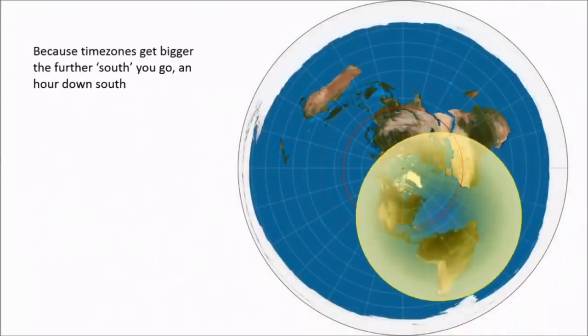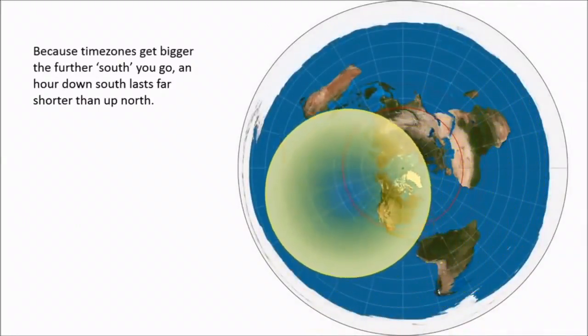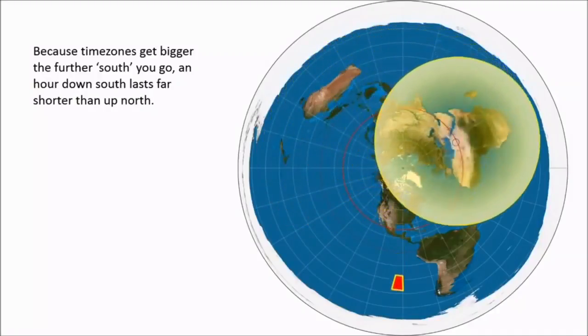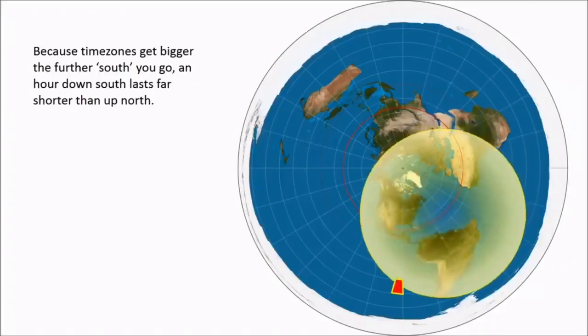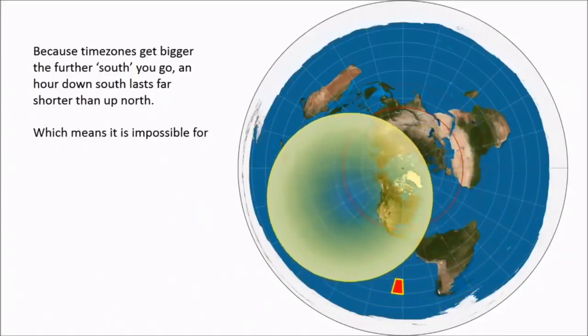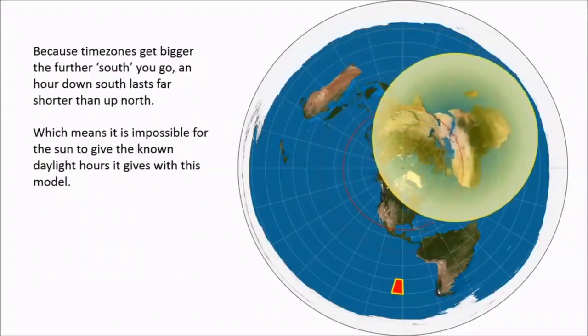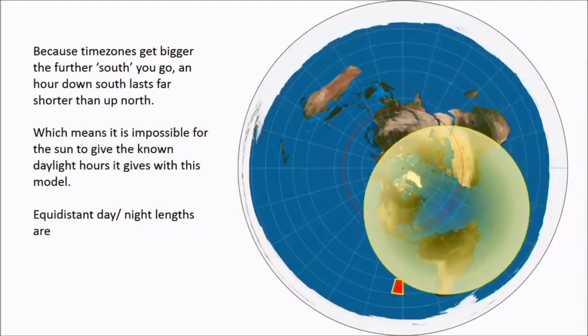It's inherently flawed because of the time zones. An hour up in Canada is worth 20 minutes down south and you're done. So the sun's reach needs to be three times further down south. It doesn't make sense. And then we have the equidistant